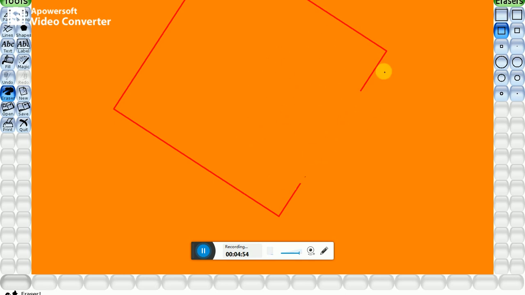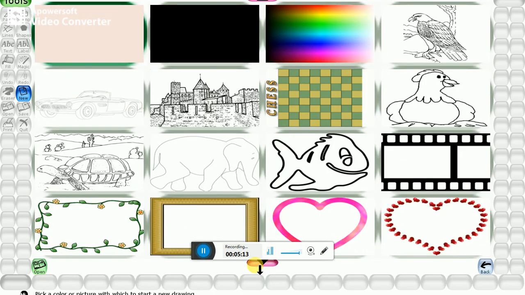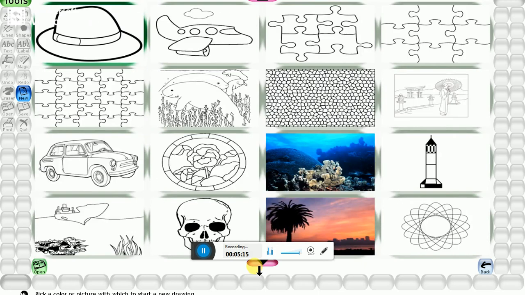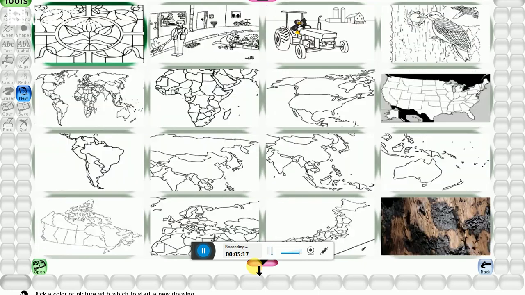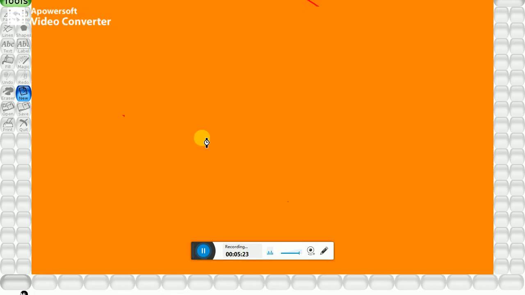Okay. Next one, edge effect. It is a unique feature in Tux Paint. We can draw the edge of an image or even differentiate the edge from an already drawn image. Let us learn how it works.